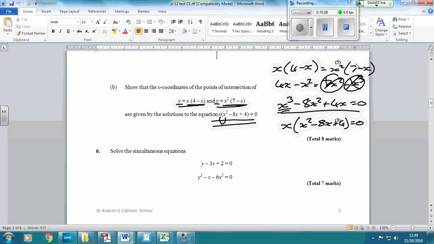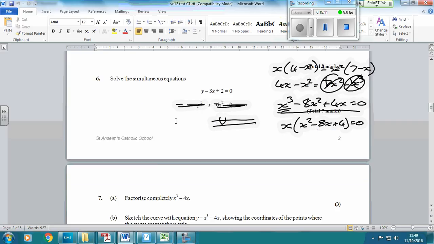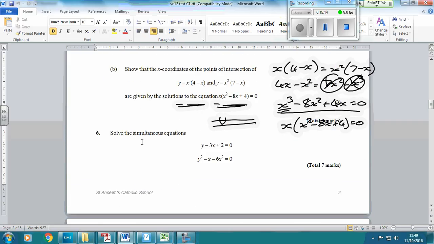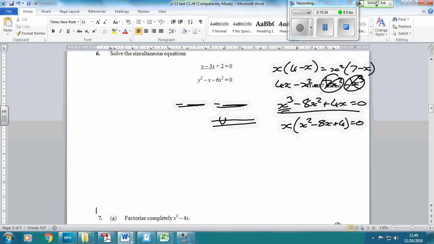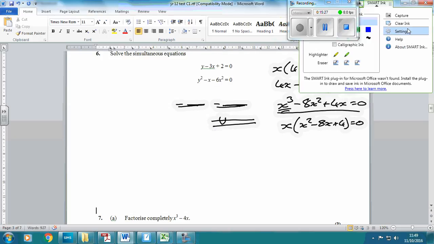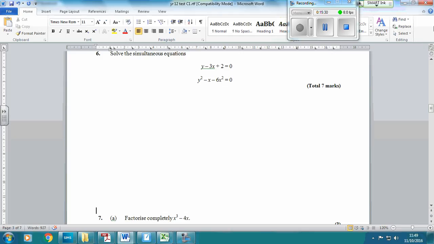Okay, next question. Solve the simultaneous equations. Let's give ourselves a little bit more room to do this question. Right, okay, so the first thing you do when you're solving simultaneous equations is you've got to use substitution. So I need to have either y equals or x equals. So let's have y equals 3x minus 2. If we can substitute that into this, that's instead of having y squared, you're going to have 3x minus 2